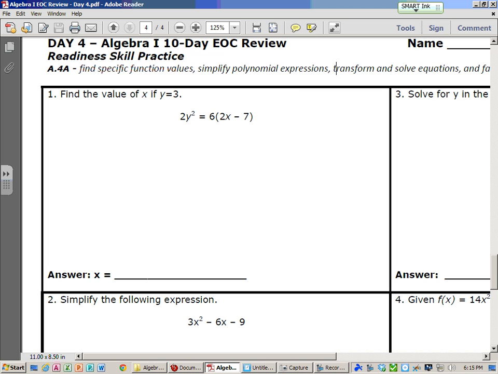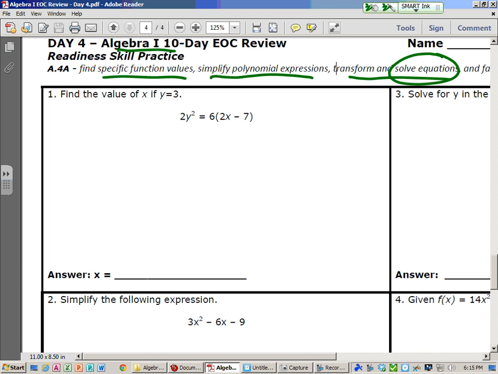Good afternoon, everyone. This is day 4 of your Algebra 1 10-day USC review. Now, this homework should be actually harder than all the other homeworks because these kind of problems really require the calculator, right? The key thing here is you're finding specific function values, you're simplifying expressions, and above all, transforming and